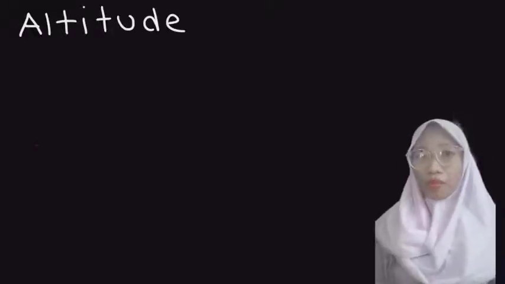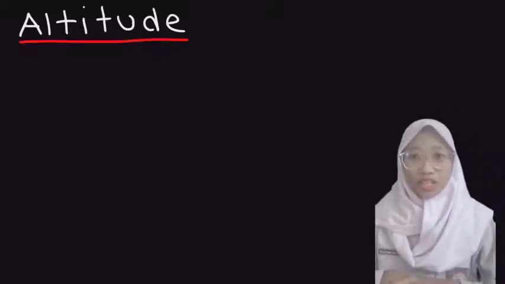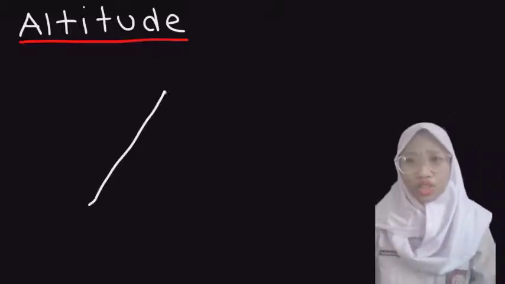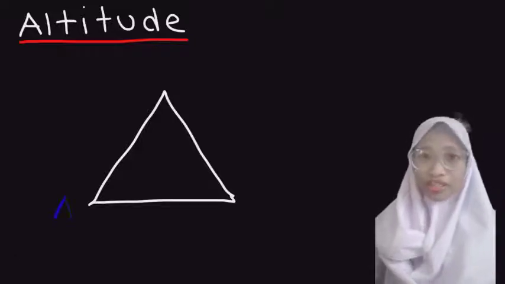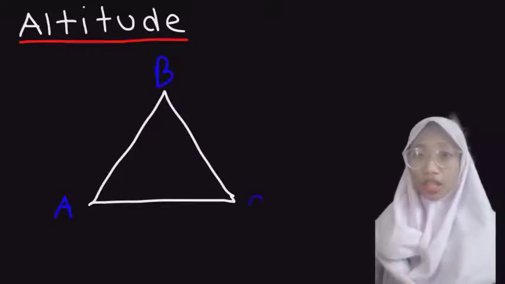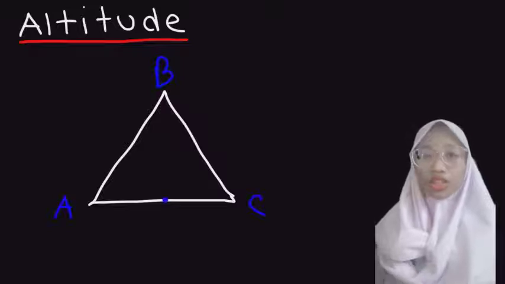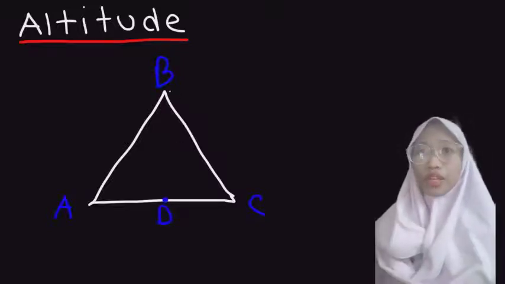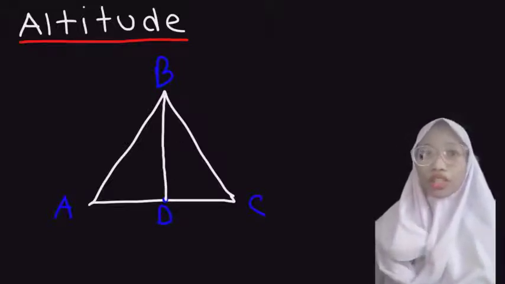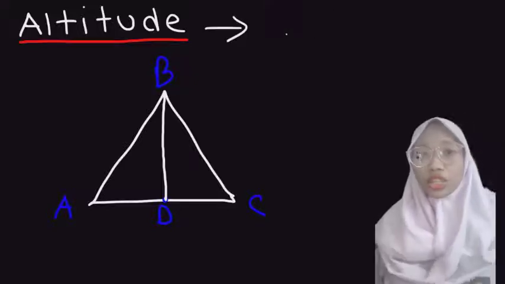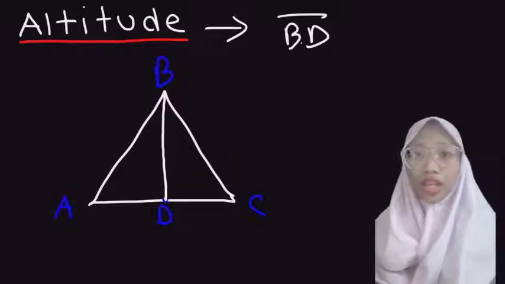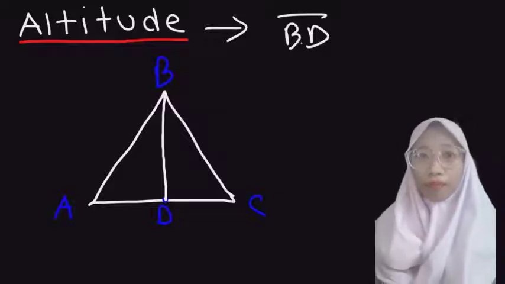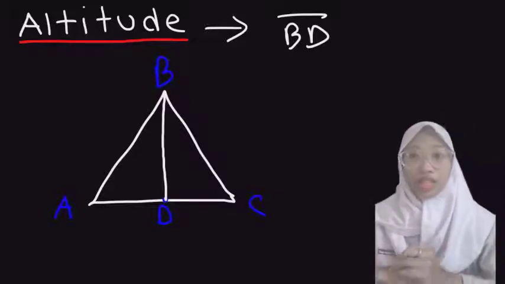Now, let's talk about altitudes. What is an altitude and how does it relate to a median? So, let's use another triangle as our example. Now, we are going to call it triangle ABC, again with point D. This time BD is going to represent an altitude. So, like a median, an altitude is a line segment, but the difference is D is not a midpoint.